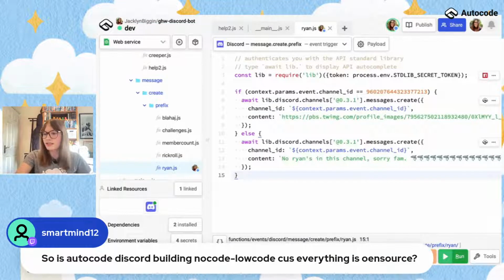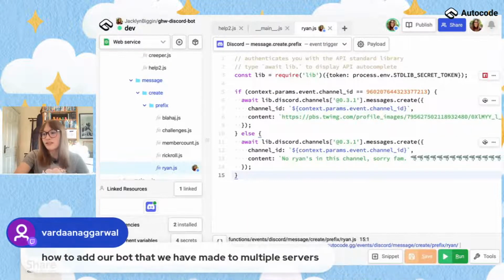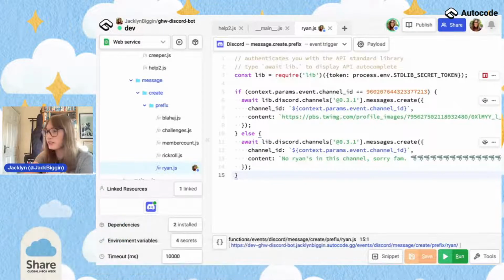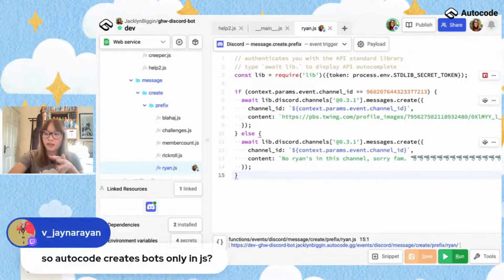So Autocode is kind of like Discord building low code. Yeah, pretty much. It's designed to be a much easier way of building Discord bots and other stuff like Twitch bots and APIs. By having an autocomplete to make your life a lot easier, you don't have to write all the difficult code. By providing free hosting, you don't have to go and pay for all of that yourself. Version control to some extent is also included. And yeah, this is a great question, which I'll answer in just a second, friend. We only support JavaScript currently, that is correct.